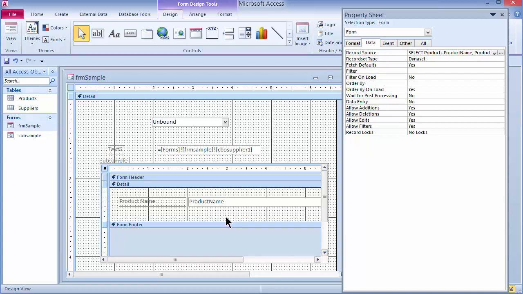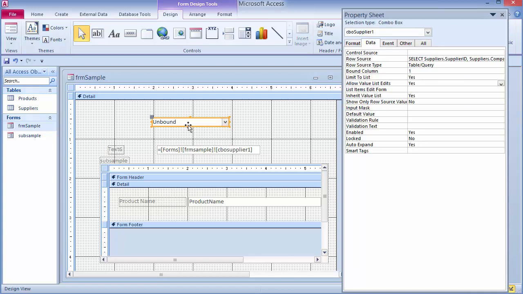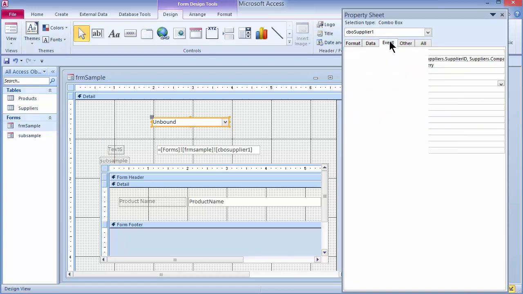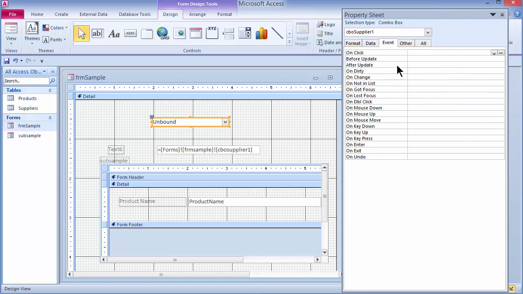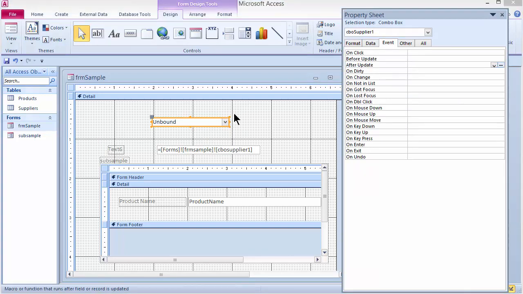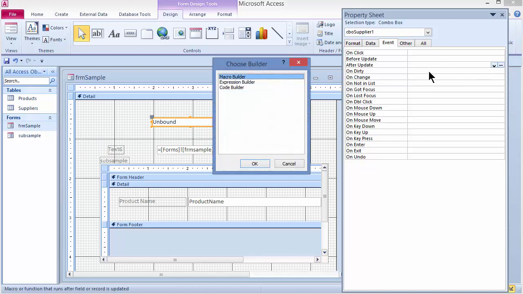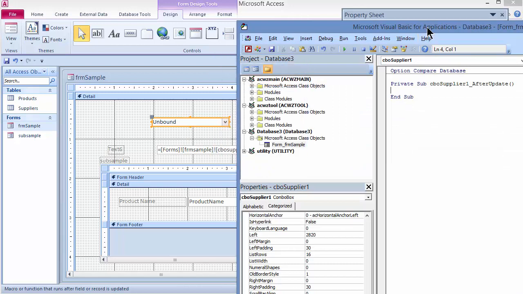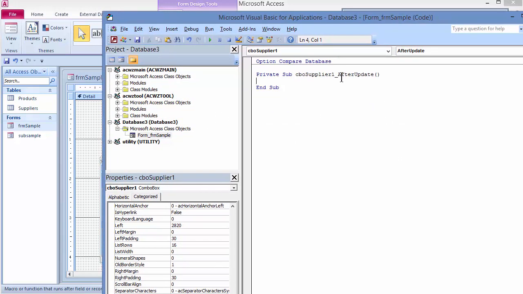And I'm going to come back out and make a change here as well. I'm going to come up to my unbound combo, which contains my information from my suppliers, and I'm going to go to the Event tab and I'm going to say after update, that is after I make a change here and it updates this guy, I'm going to come out and write a little bit of code here. I'm going to click OK, and the code that I'm going to write out here, it's all set up for me here. I'm going to come out and I'm going to say